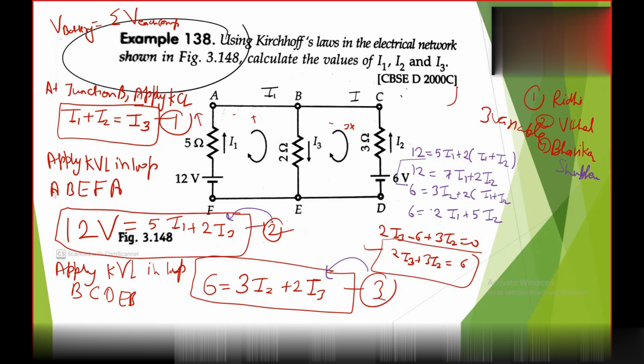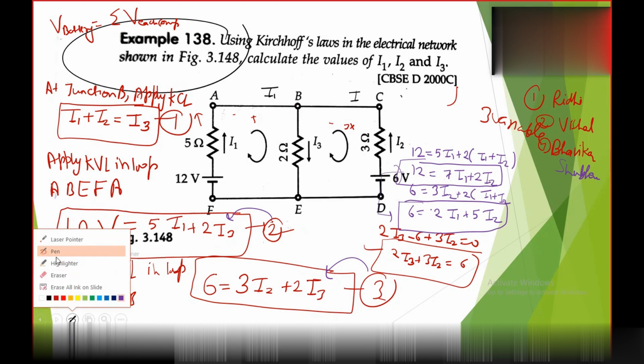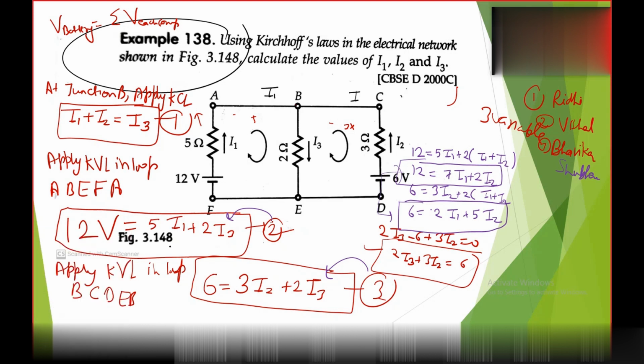Now you have these equations. Now you have to find the values of I1 and I2 from these two equations, and I've told you that you have done these types of questions a lot of times in your previous class. In 10th class you must have done many such questions where you have two equations and you need to find out the values of x and y like this.